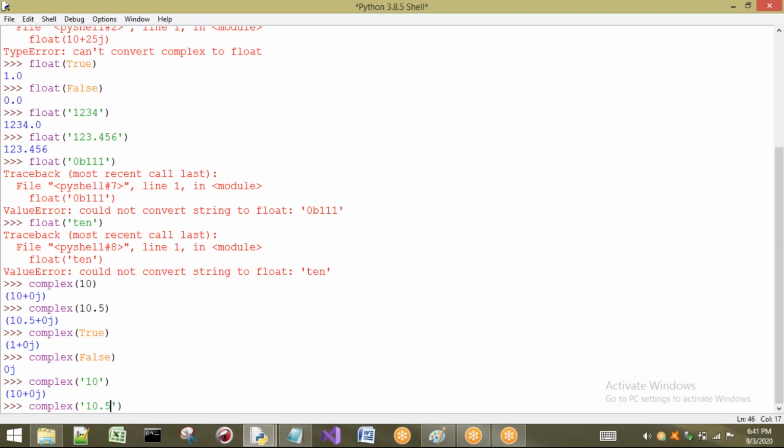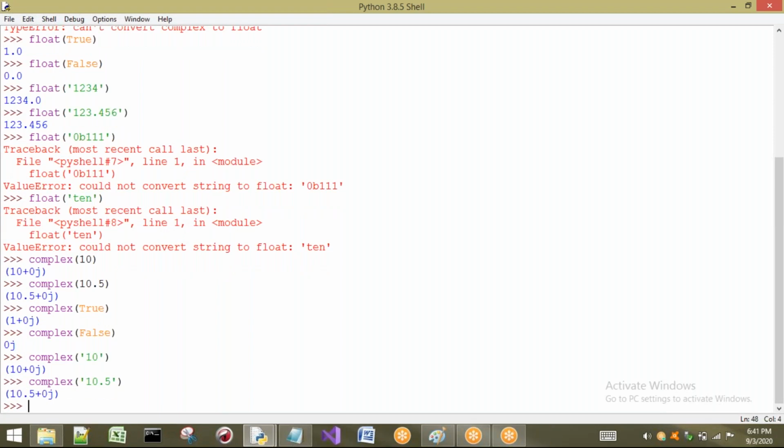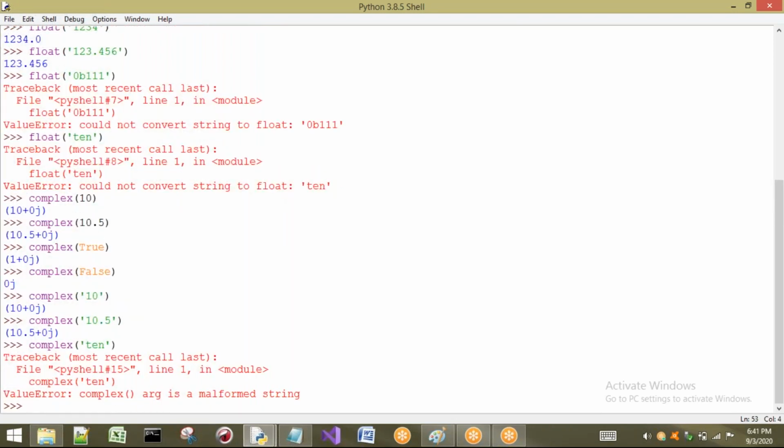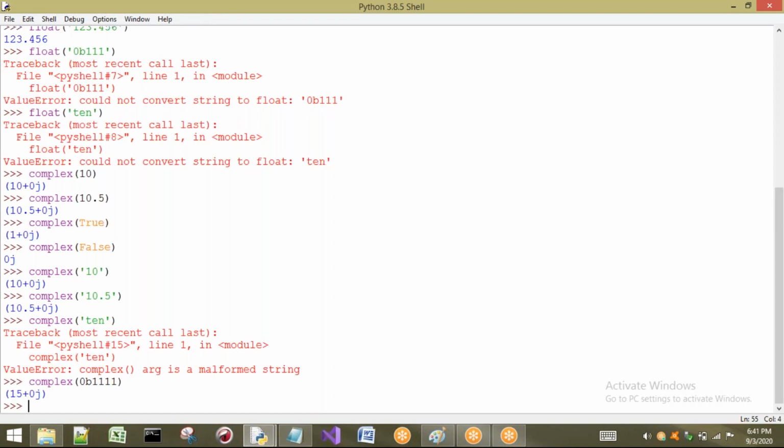When we were discussing complex already, we discussed some points. The real part and imaginary part can be int type or float type. So now it is possible. If I take some other string, let us take 10 for example, is it possible? It is not possible. If you want to take a different notation, is it possible? It is not possible.